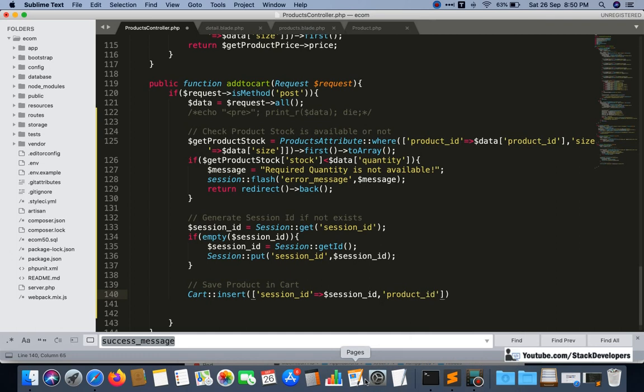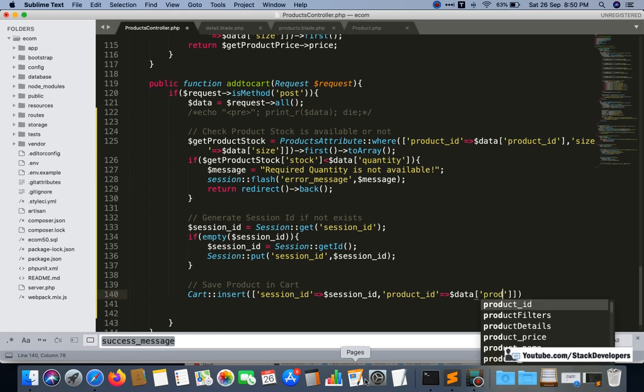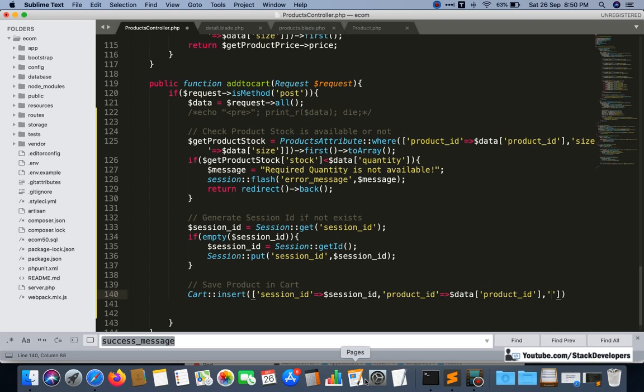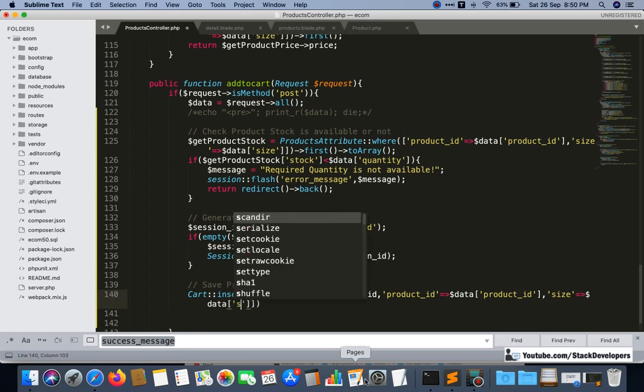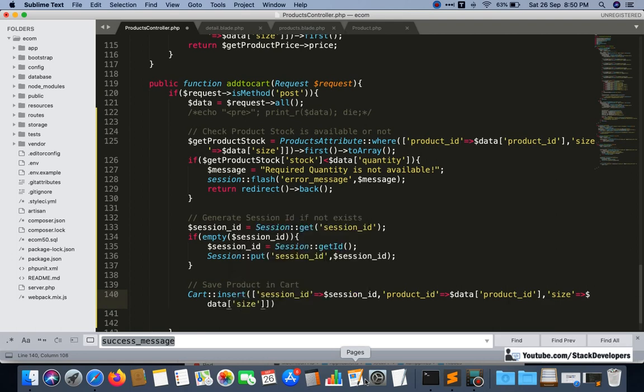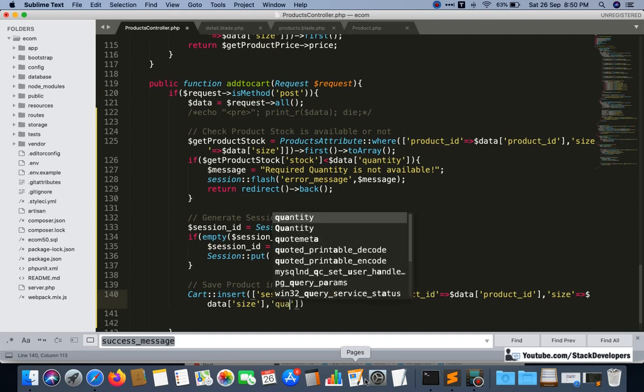Product id is coming from the form, from the add to cart form, and size we are having, that is coming from the add to cart form, and quantity we are having, that is coming from the add to cart form.